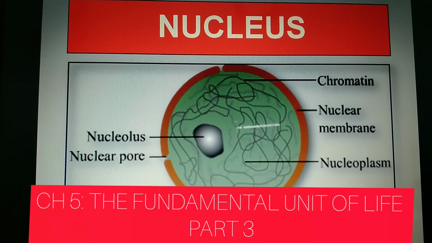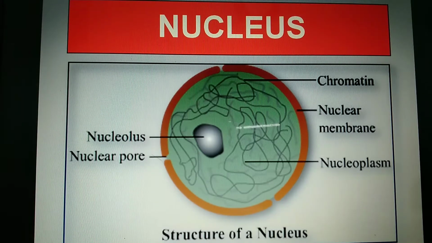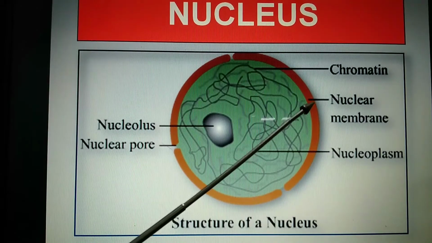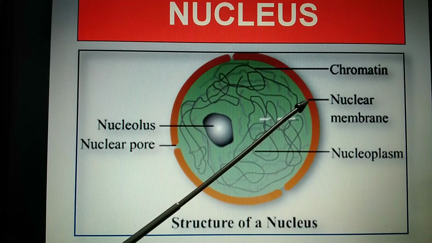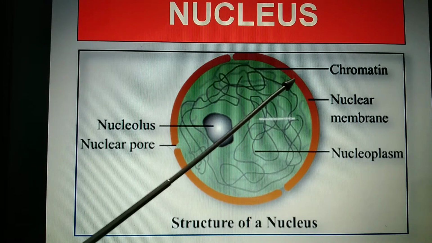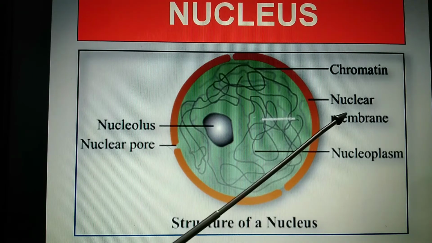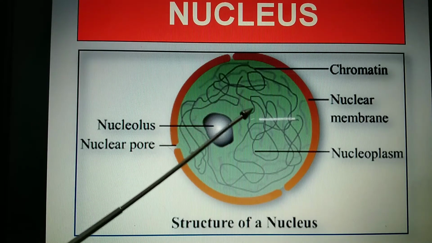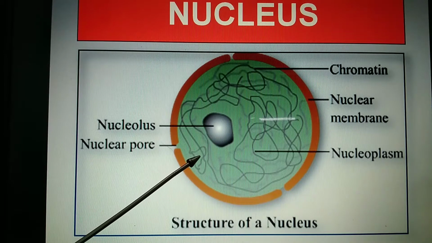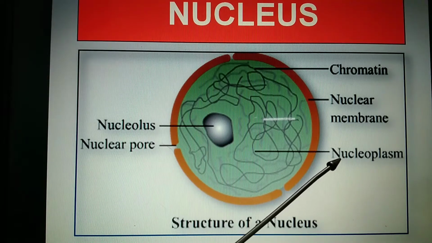Hello students, after the plasma membrane, we will be moving forward with the structure of nucleus. This is the structure of nucleus, wherein the outer membrane of the nucleus is the nuclear membrane. Like in the case of the cell, it was the cell membrane, whereas the outer membrane of the nucleus is called the nuclear membrane. The fluid present within the nucleus is known as nucleoplasm,